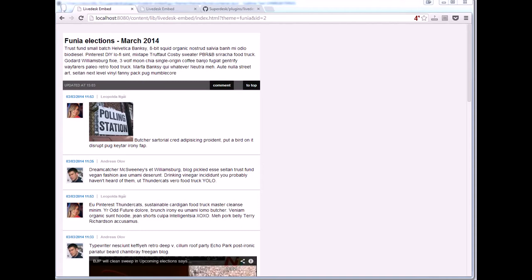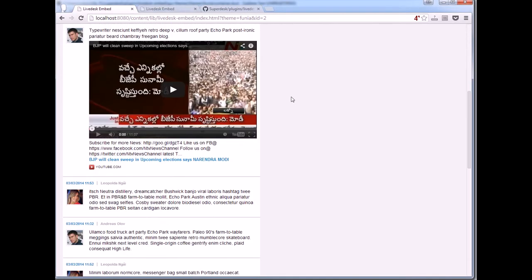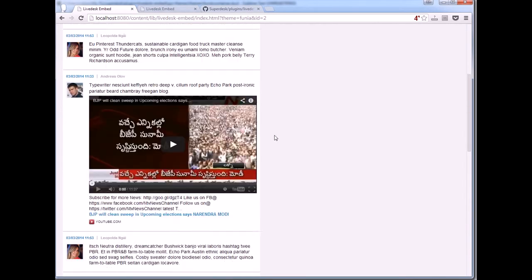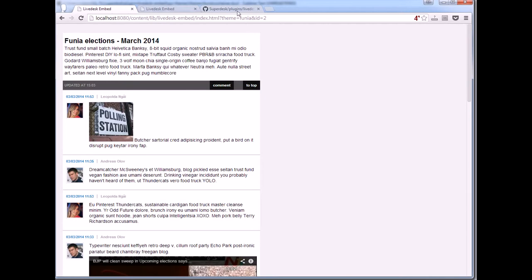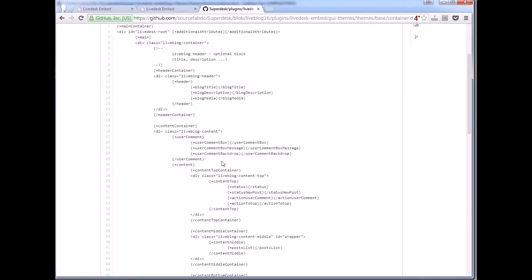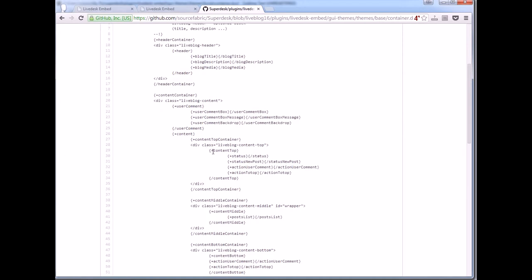I also do not like to have the comment button, the scroll to top button, also these buttons on the footer. So go back to the base theme, try to find these blocks. This is what we need.